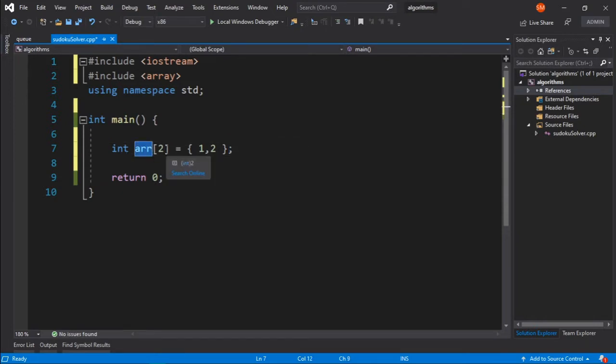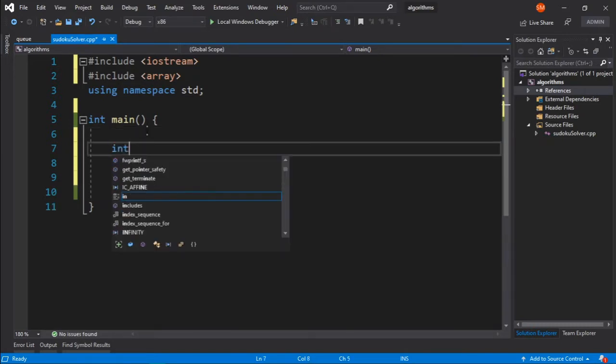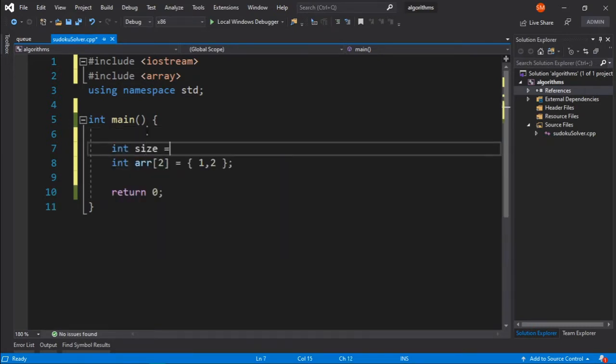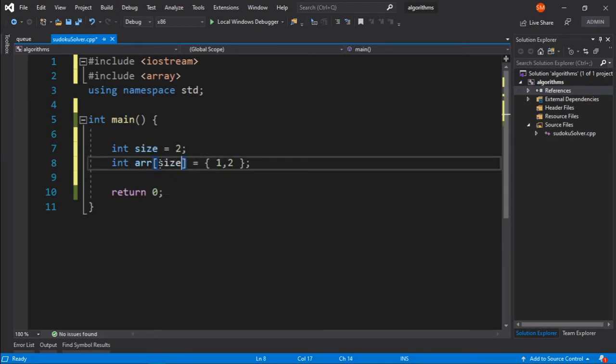But these arrays also have a drawback. Let's say we have a bunch of arrays declared here, and then we are going to loop through those arrays, and those arrays are of different sizes. Then we need to keep track of these sizes, and we cannot simply declare a variable like this and hold the value of that array inside that variable and pass that variable here like this.